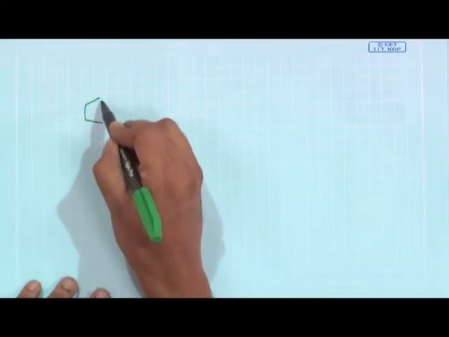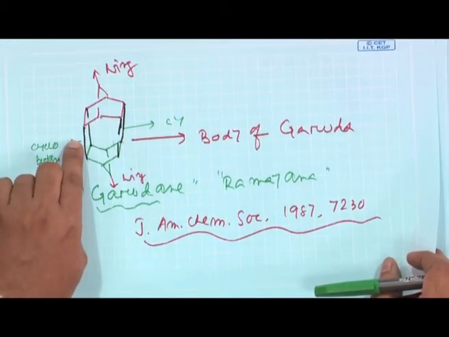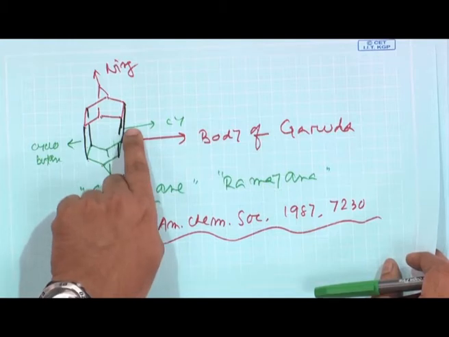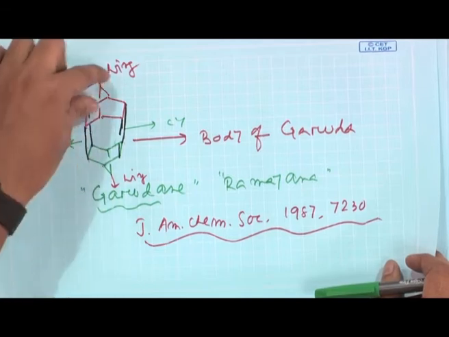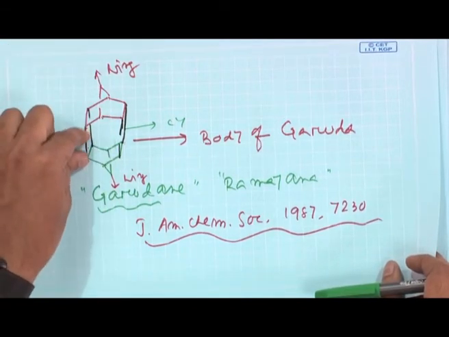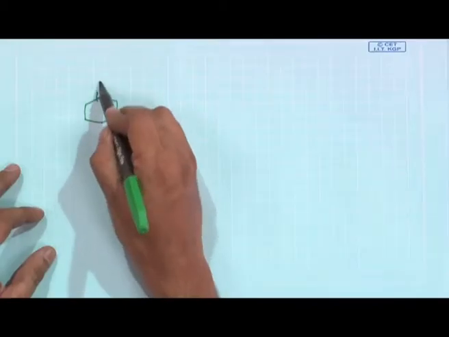So, I will try to give you a hint of how this molecule has been basically conceived. What I am saying is, if you see the structure, the left hand side is a cyclobutane ring, and the right hand side is a cyclobutane ring. The norbornene part is there, and the norbornene part is there. So, 2 norbornenes are basically fused through a cyclobutane network. Now, I am saying that probably if you have this intermediate,